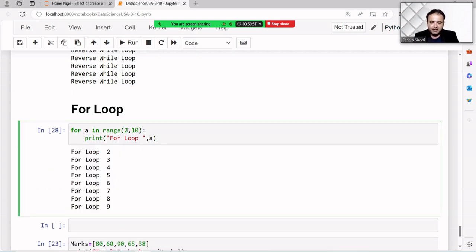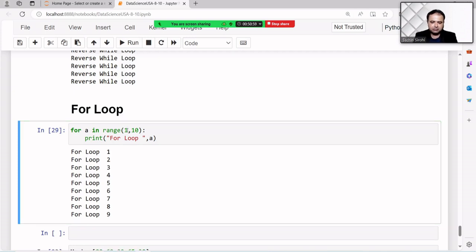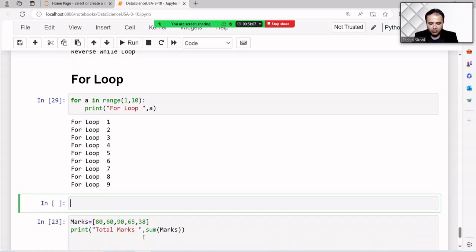Someone says, sir, print all the values. Someone says, can we print the even values? Yes, for example. How? The program is even values.